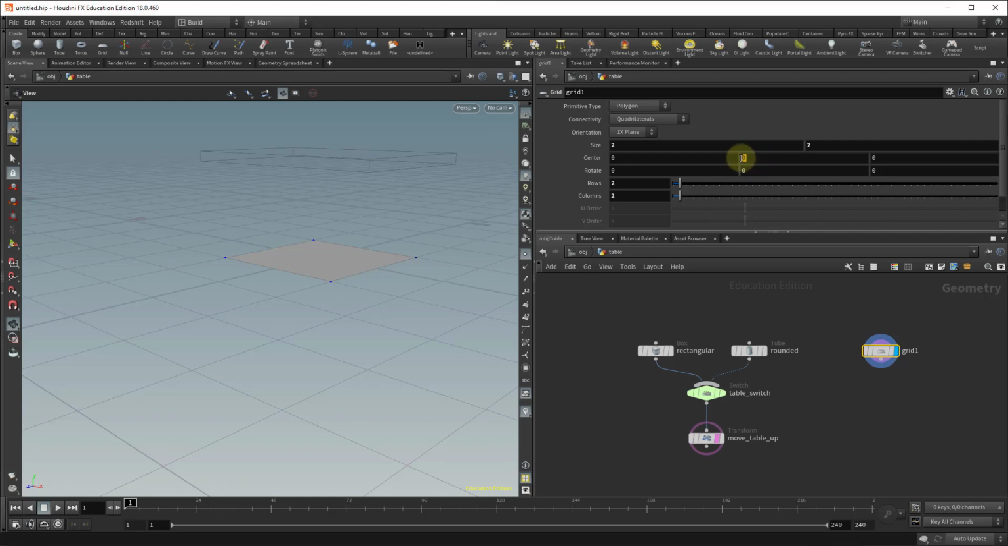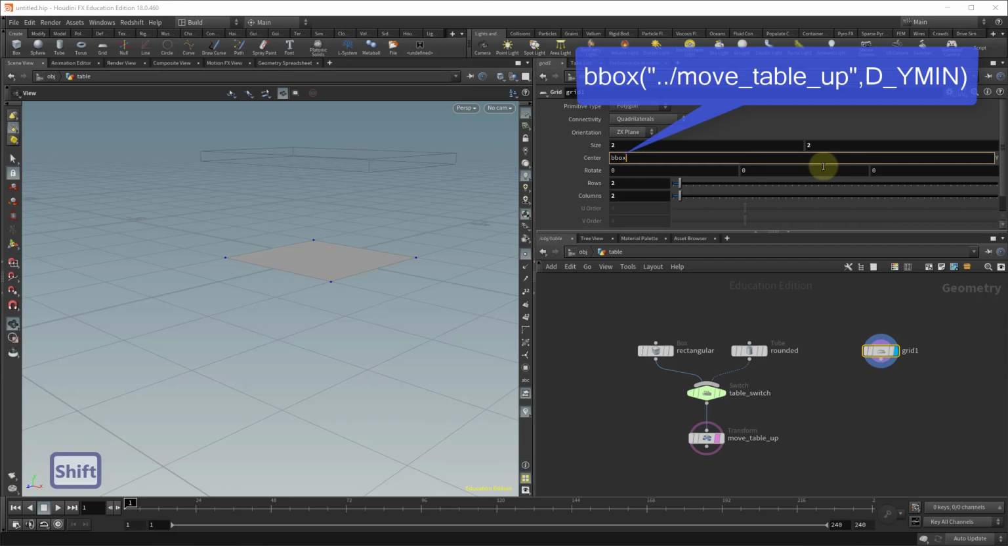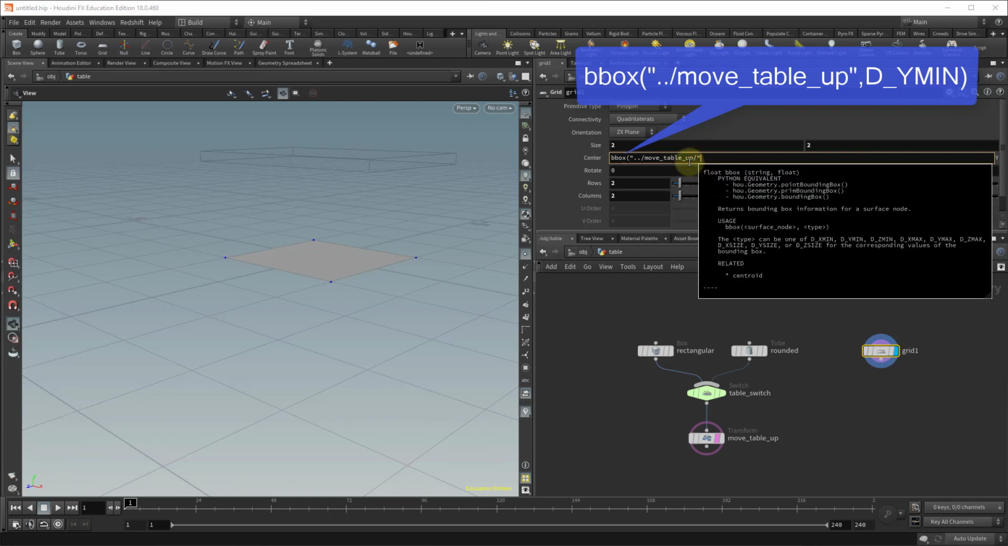So what I'm going to do is call the bbox command, and the node that I want to call is actually this one, the move table up, because I need to get the reference of the Y position from it. So I'm going to type move table up, and you can see it already showing up. So I'm going to double click, put a quote to close that,